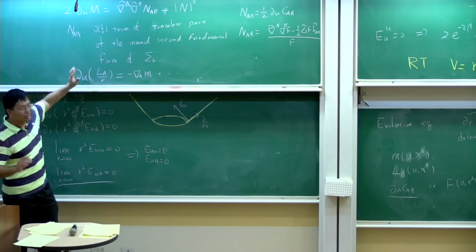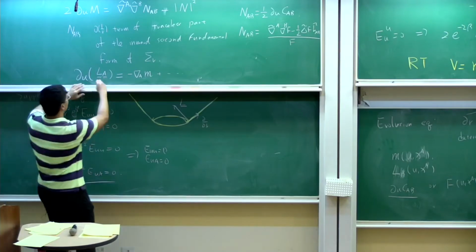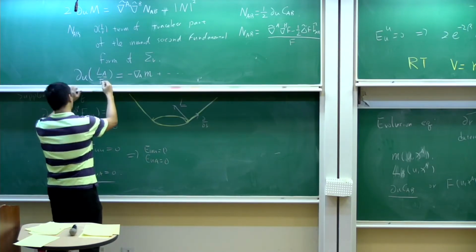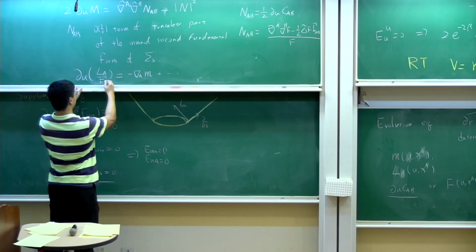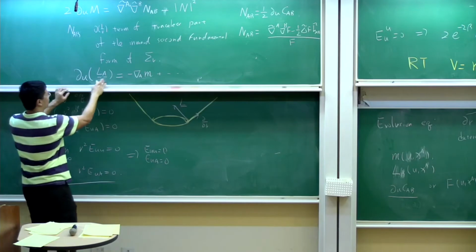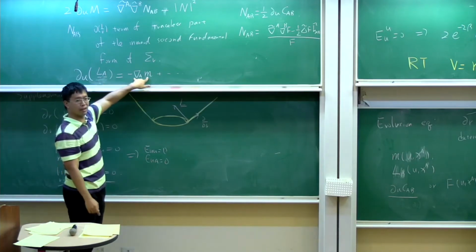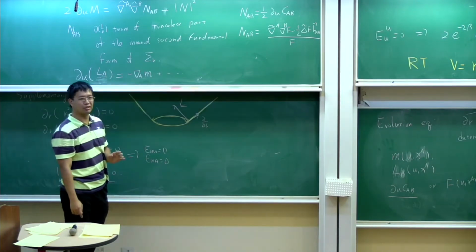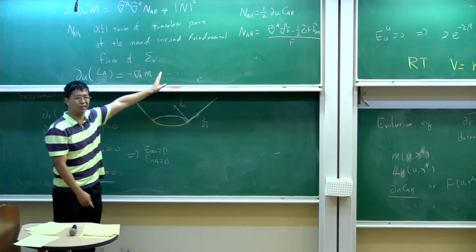Derivative of the angular momentum aspect over derivative of the mass aspect equals f. There's a term involving gradient of m plus something else. And those something else equals 0 in